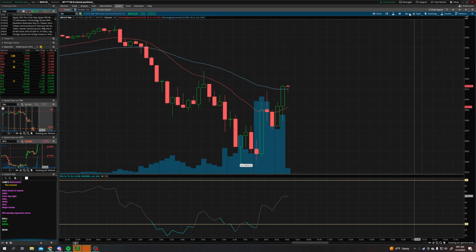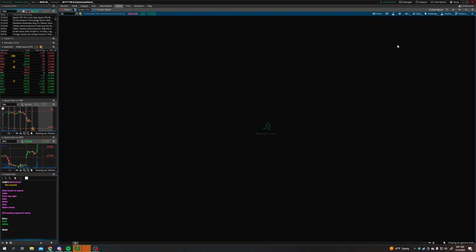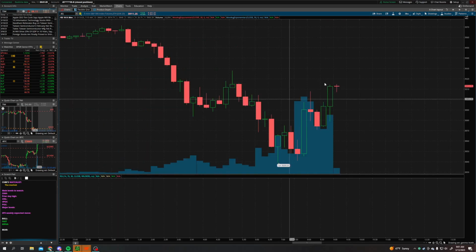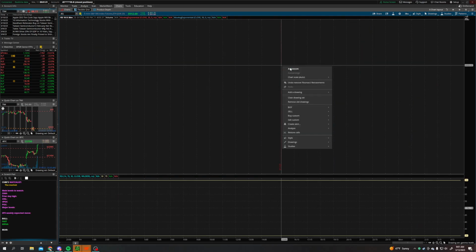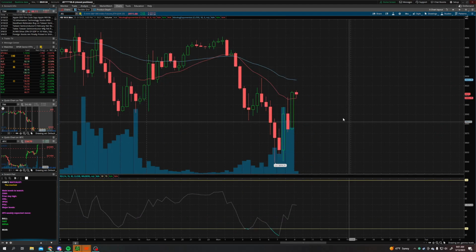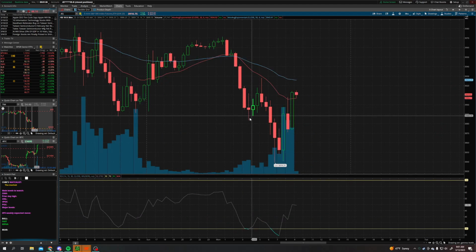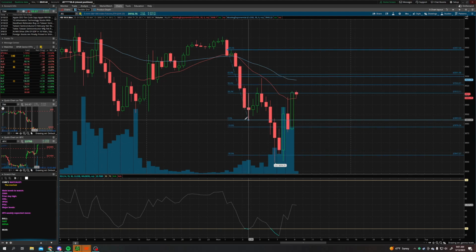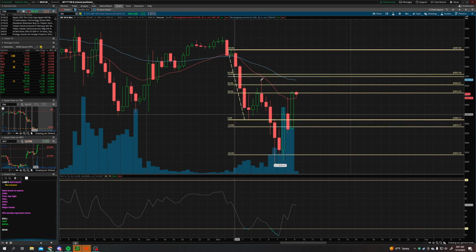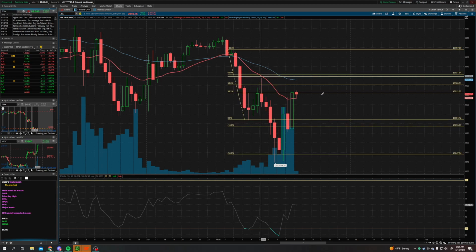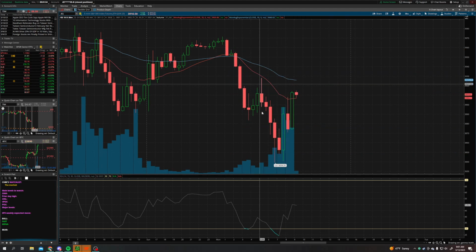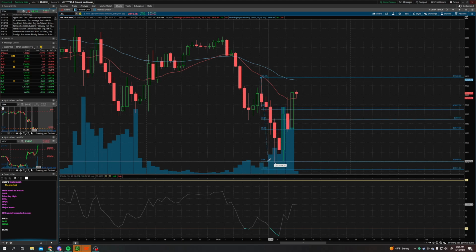Let's see what happens. 30-minute candles possibly even better, right? For this type of move that we have. Yeah, 30 minutes looks a little better, right? Because you don't anchor the move to the highs, you anchor the move to where the drop started, to where the drop ends. And you get some kind of entry very close to a 618, something like that, for further downside and whatnot. Like this 30-minute move, it's already invalidated to the downside,